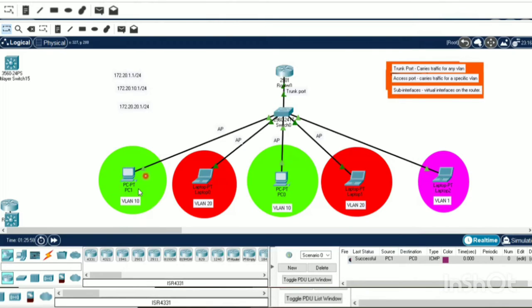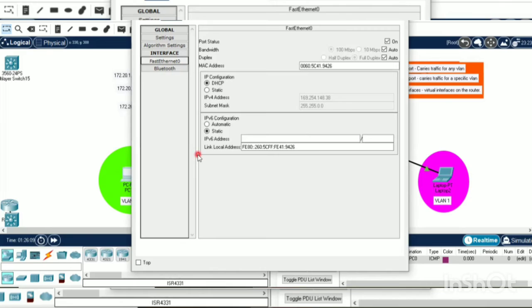Now we have enabled DHCP on the PCs, but we don't have a DHCP server yet. So in this situation, the PCs will assign an IP address from this range. This protocol allows PCs to assign IP addresses themselves.